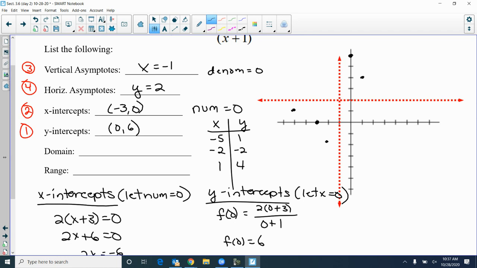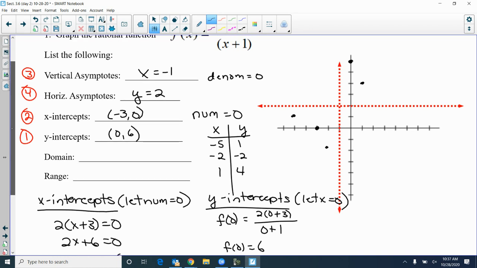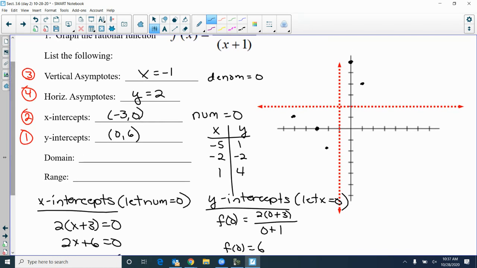Now remember, you cannot cross a vertical asymptote, so you have to have 2 distinct pieces. Toward the horizontal asymptote, it has to be approaching it on the left and the right. This gives me enough information to figure out what's going on. Also, it cannot hit the x-axis anywhere other than the x-intercepts. So it cannot make any funky twists and turns and then cross the axis somewhere else. It can only hit it right there. The only way we can satisfy all these conditions is if it looks like this,